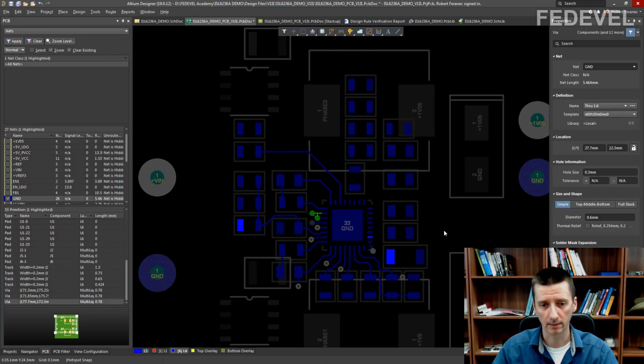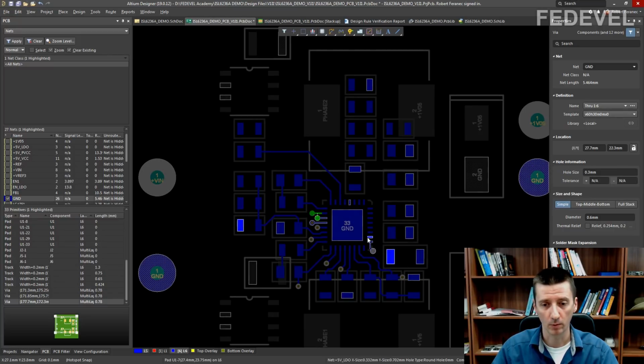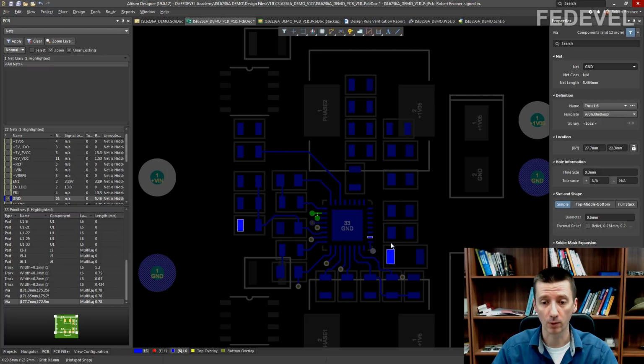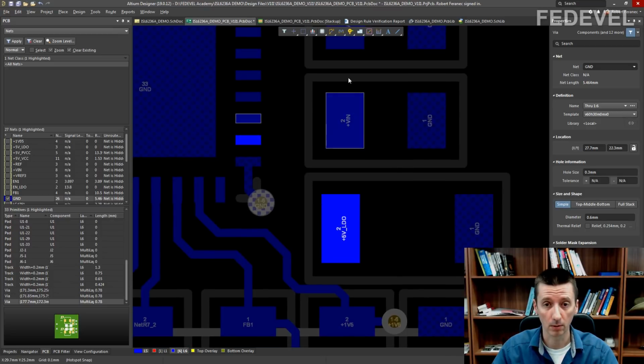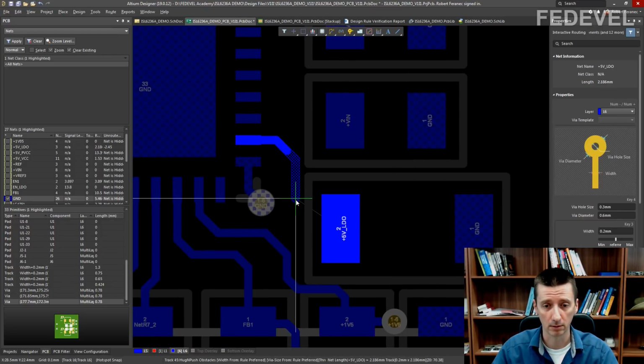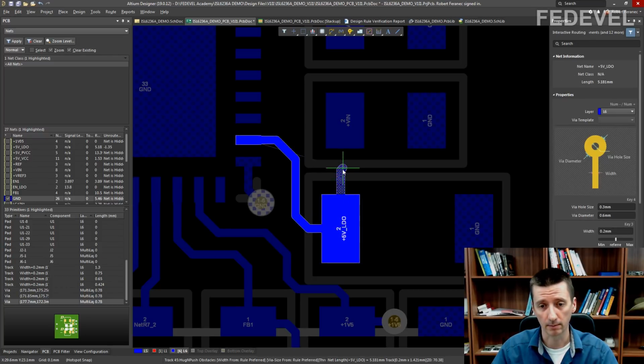And this one, we will connect these two pads on the bottom layer, and then we will use a different layer to connect these two pads with this one. So just draw a track here. And use a via.